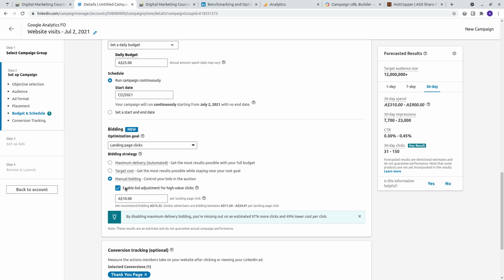So don't go by what LinkedIn recommends in these texts. Obviously there's a strategy for 110%, there's a strategy for 150%, some even recommend going about 75%. But again, it's really a sort of trial and error, and especially if you're working with a very small budget, I recommend starting off very low to establish whether your targeting is set properly, whether the quality of the leads coming through is the right sort of quality, and so on and so forth.